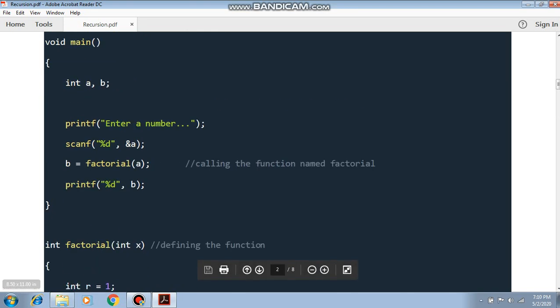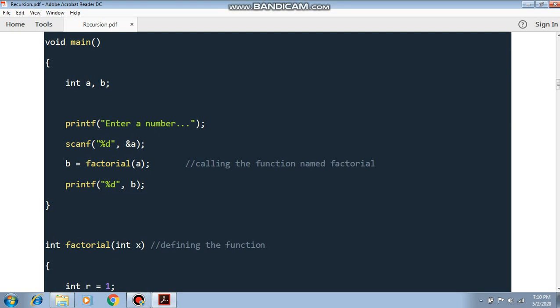Now the main part. In main we are taking the value a, that is 5, and b where we store the calling function's value. So enter the number with the scanf function, because we are finding the value of a, and b will store whatever the execution value is using the calling function factorial.